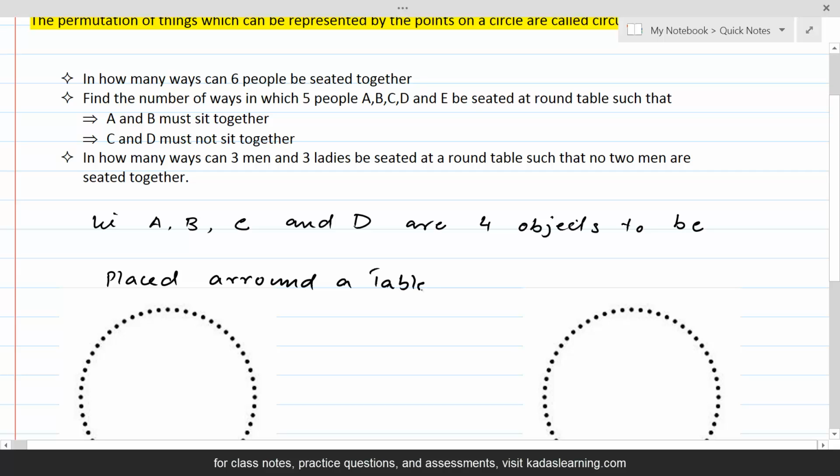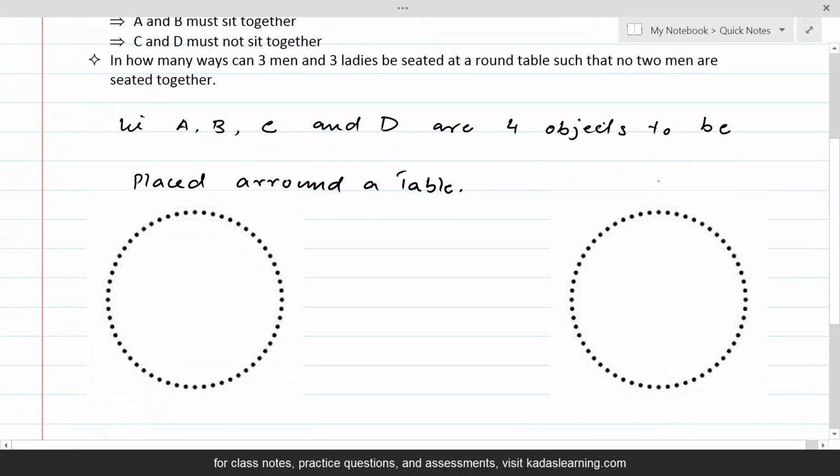What are the possible arrangements? If A is seated here and B is seated here, C is seated here, and D is seated here, then